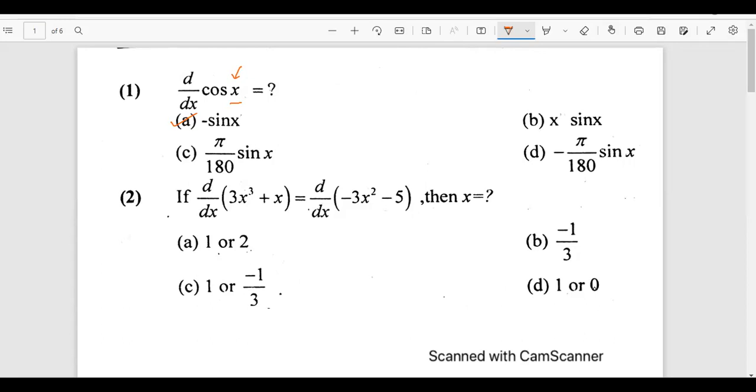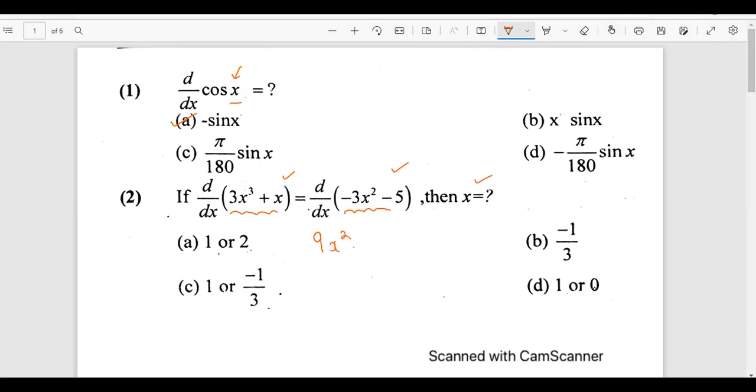Let's talk about the second one. It's more important. Now we have a condition and we need to find the value of x. They're saying if the derivative of this function is equal to the derivative of this function, then what would be the value of x? Now it's very simple. You need to differentiate this, equate it to the derivative of this, and then find the value of x. Okay. So let's do it together. How do we differentiate the first function? It would become